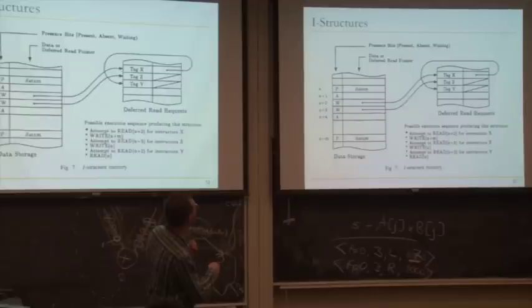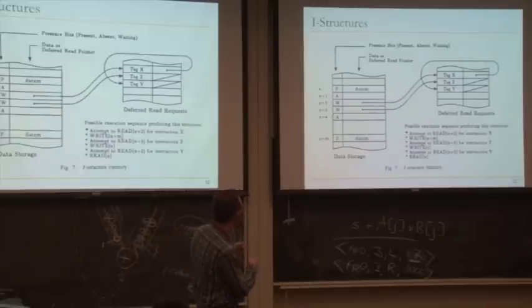There may be locations that are absent, which are empty. In that case, if a read comes to that location, it queues in that location. Basically it inserts itself into a queue and waits. We'll see this with an example more clearly. This example shows an execution sequence. Let's say you get an instruction or data flow node that attempts to read m+2 for instruction x. And instruction x gets queued in this deferred read request queue.